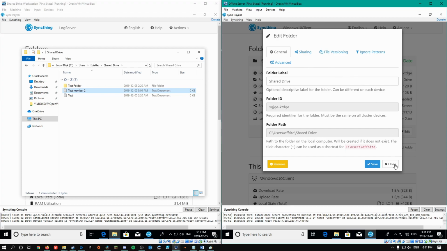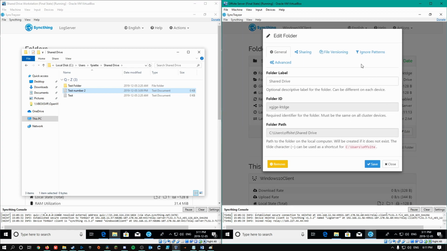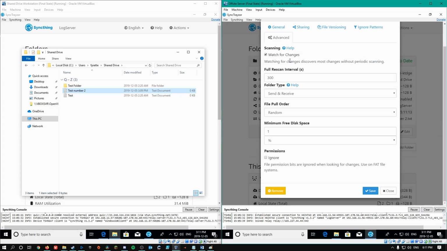So from here, we're going to close this. You can see under folders, under shared drive, we're going to click on the edit button, and then click on the advanced tab. And over here, we can see full rescan interval every 300 seconds. This is every 5 minutes, which means it's going to check every 5 minutes for documents to sync up with the remote server. So from here, it's very cool because from the advanced tab, we can change the folder type